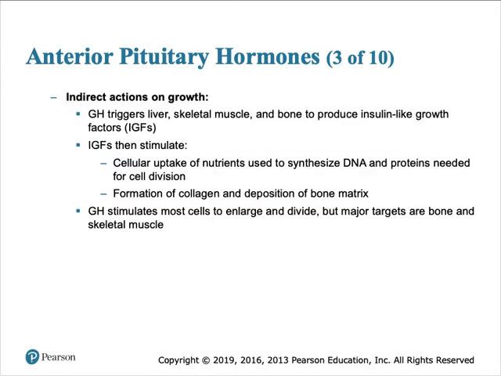So what this ultimately does is it triggers the liver, the skeletal muscle, and the bone to make more growth factors that are insulin-like growth factors, and basically stimulates formation of collagen and deposition of bone matrix, so you get increased bone growth, and you get cellular uptake of lots of different nutrients that are necessary to make more DNA and more protein, so you're able to make new cells. So GH stimulates most cells to enlarge and divide, but the main targets, the biggest one, would be the bone